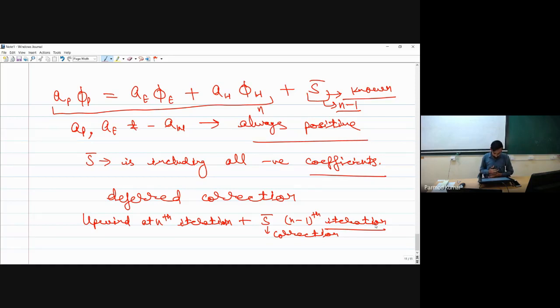However, though we are providing correction with a lag of one step, when we find the numerical solution over a number of iterations, it will catch up with the correction factor, and finally we will be able to get a converged solution. But one advantage is that by using this deferred correction approach, we will be able to make our QUICK scheme unconditionally stable, which was initially conditionally stable.